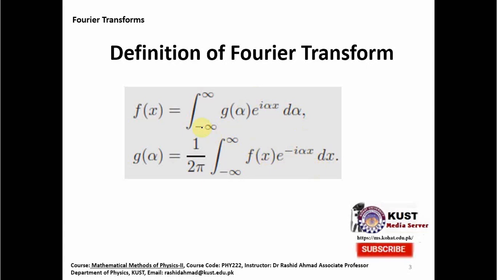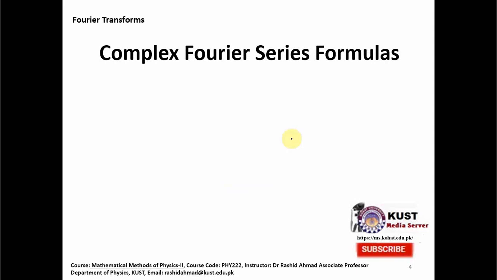So probably you are now comparing them with the discrete Fourier series, where we had some coefficients, and this comparison is actually valid, and in a moment I will show you that they are really comparable. By this comparison you will understand how we can define Fourier transforms in this way. Okay, so let me first remind you of the complex Fourier series formulas,